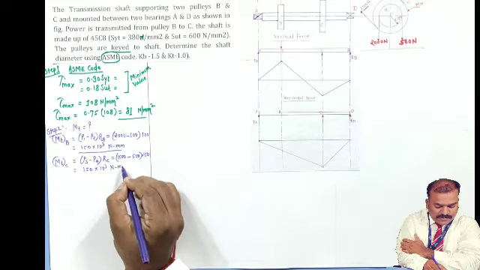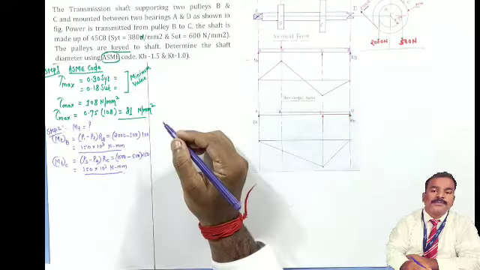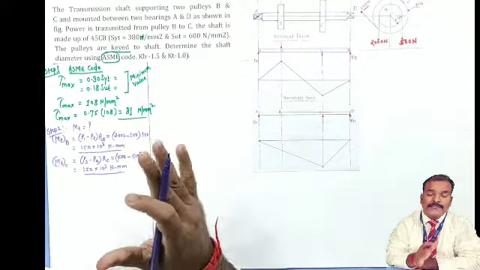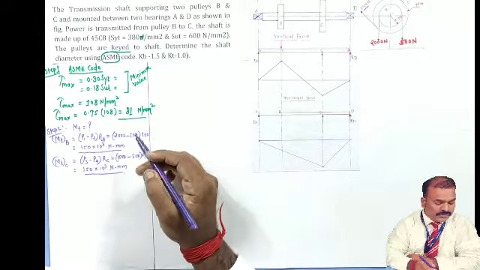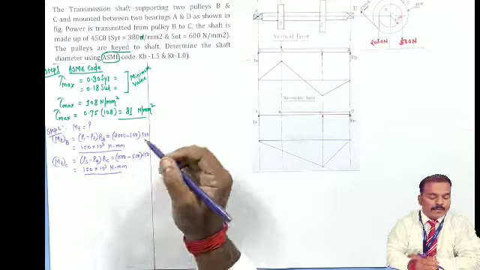The same answer we have got, that is the same kind of torque will be generated throughout the shaft, correct? So that will be the maximum torque we'll have to select. If the answer changes, select the maximum one. So likewise, we'll have to check for the torque. This is step number 2.